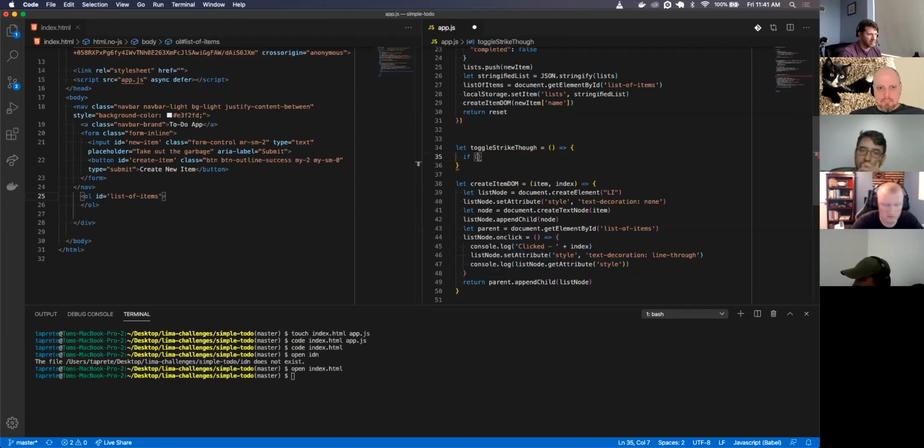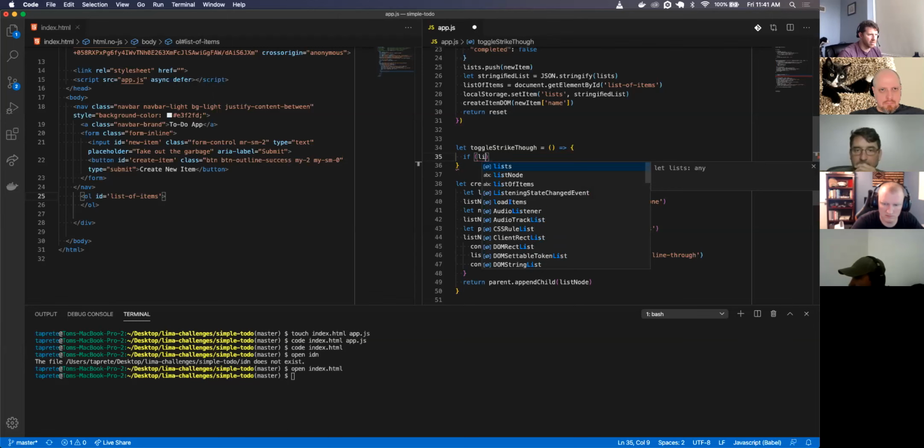So because we're never accessing the index except for when the console log clicked and then the index number. So how it managed to get the index number, that's the magic I haven't figured out. But on line 45 there, it is pulling the index number somewhere, and then it's displaying console log clicked. So all we have to do is instead of console log clicked, we call toggle strike through, and then in there we'd pass in